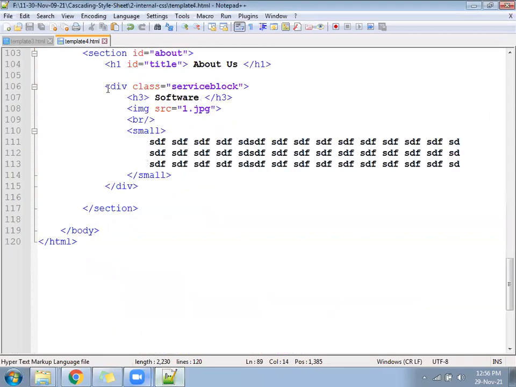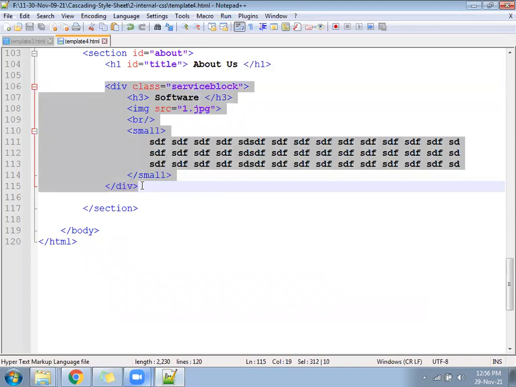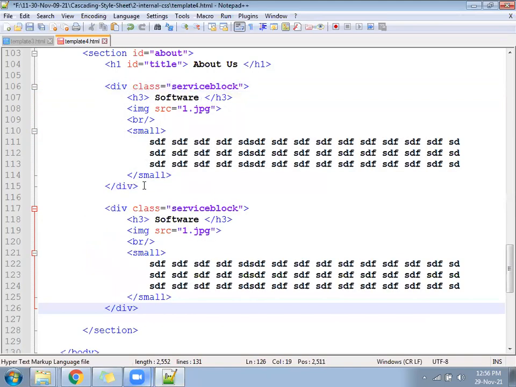One was already there. You are supposed to copy and paste this 2 more times.